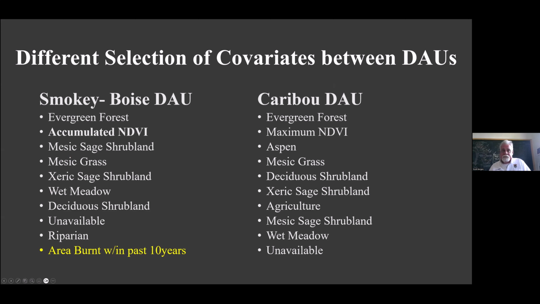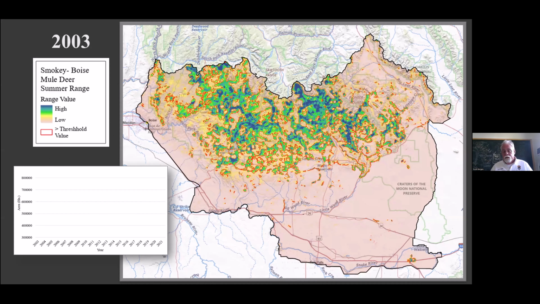Whereas when we go into the less fire-prone Caribou DAU, we see evergreen forest, the peak NDVI, aspen groves, mesic grass, deciduous and xeric shrubs, agriculture, and mesic sage shrublands, wet meadow, and unavailable. So we see some differences here in what the animals are selecting for. And so what I'm going to show you is basically when we develop these models, we get them going and